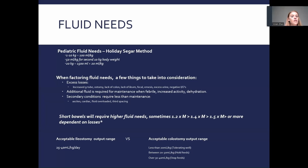So additional fluid is required for maintenance when they're febrile, when they have increased activity, when they're dehydrated. A lot of our patients in the summertime are outside, so they need more fluid in the summertime. So just making sure you're thinking of those things with these patients. And then secondary conditions that would require less than maintenance would be ascites, any cardiac issues, fluid overload, and third